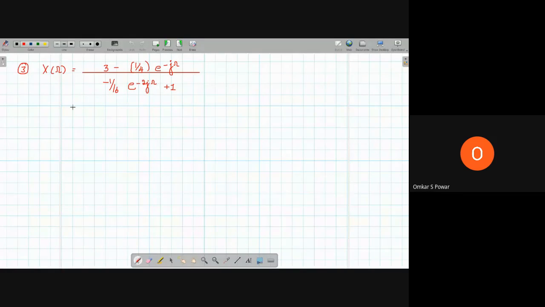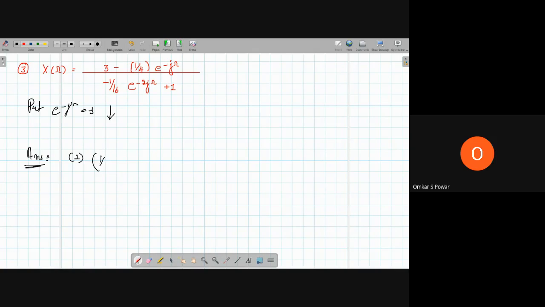So it's the same way. Put e power minus j omega equal to yes and solve it. So the answer I will write here. If time permits, at the last I will solve this one. Otherwise, it's the same technique and the same basis on which I have solved the first two problems.